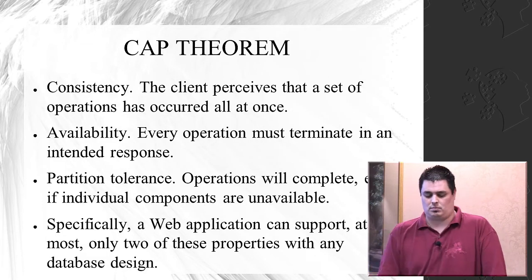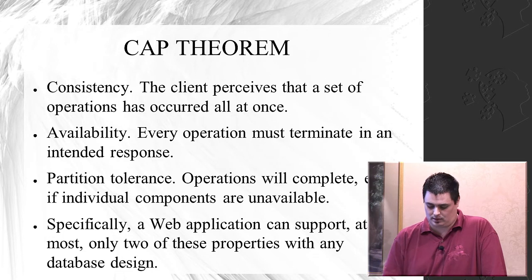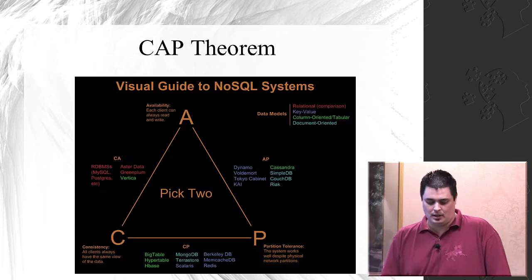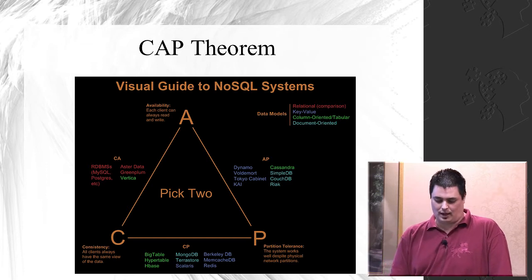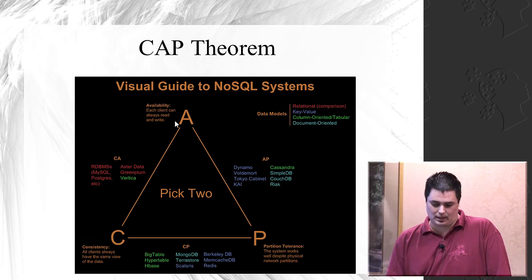Okay, so this all came about through the CAP theorem. And the CAP theorem states that you've got three basic, let me see if I've got a picture of it. Yeah, here's a visual, one of the only ones I have in there. But basically what the CAP theorem says is that there are three major things you can have in a system. As you can see, it's color-coded, red here. This is the relational databases over here, where you can get consistency and availability. But basically, you're always going to give one of these up. That's the gist of the CAP theorem. These are the three things you want. Pick one that you're going to lose.